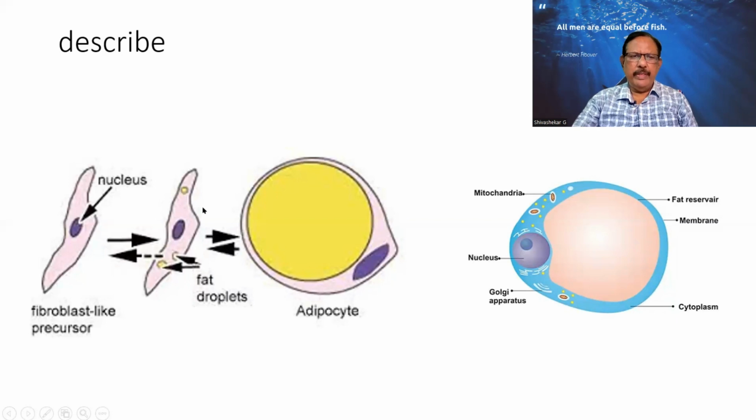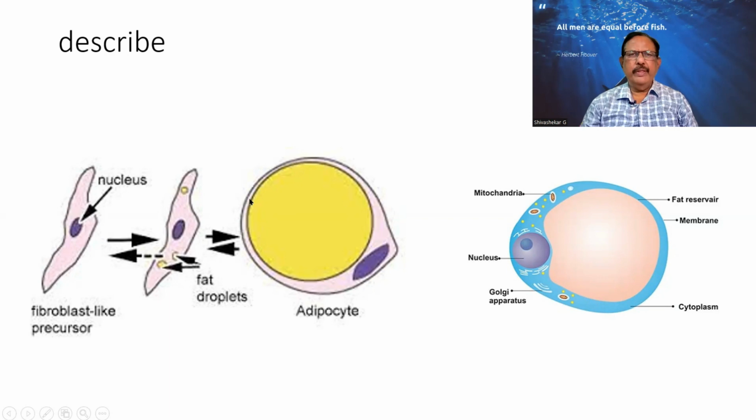Now there is a gradual maturation. This fibroblast-like cell accumulates fat droplets. And as they keep on getting accumulated, they can somewhat coalesce. Coalesce means joining together, and they form a large vacuole, and that is pushing the nucleus to the periphery. Whenever there is a vacuole, it has to be in the cytoplasm. Therefore, there will be a remnant of cytoplasm, which is a very thin ring-like rim, very difficult